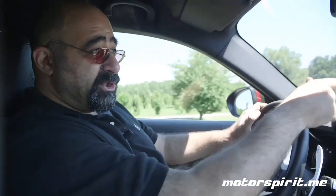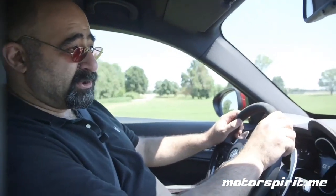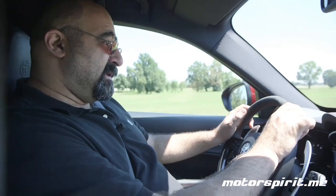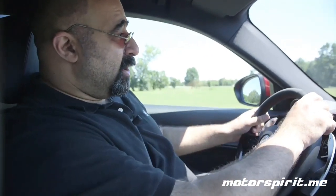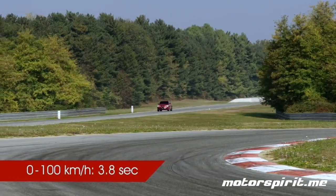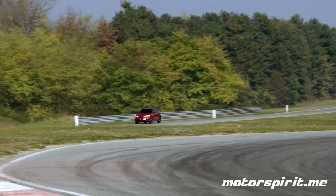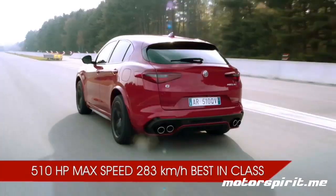The turbos are positioned in a hot V position between the cylinder banks, so even though they're single-scroll turbos, the Quadrifoglio spools up pretty quickly, and it's brisk from standstill. Quick off the line, it'll dart from 0 to 100 kilometers an hour in 3.8 seconds, and it'll top out